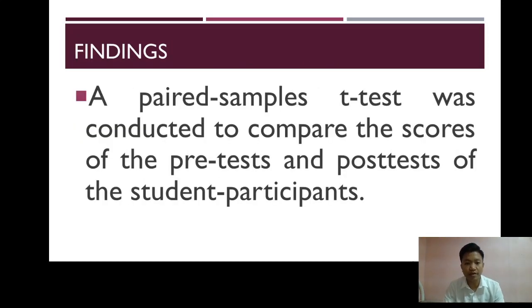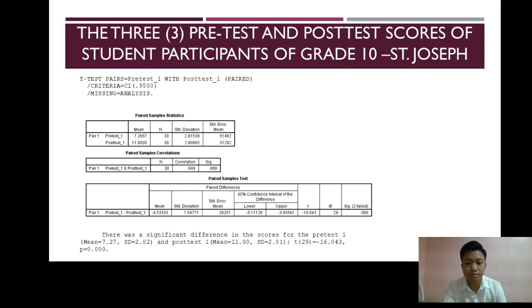For our findings, a paired sample t-test was conducted to compare the scores of the pre-test and post-test of the student participants. Here's the result of our pretest and post-test using t-test. Pretest number 1, as you can see, was a significant difference in the scores for the pretest 1 with the mean of 7.27, standard deviation of 2.82, and post-test number 1 with a mean of 11.80, standard deviation of 2.81